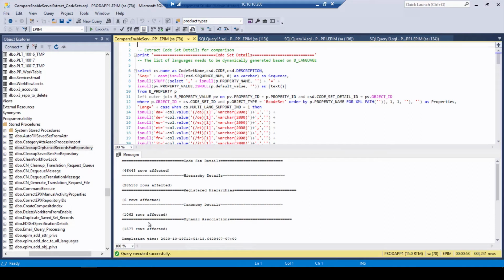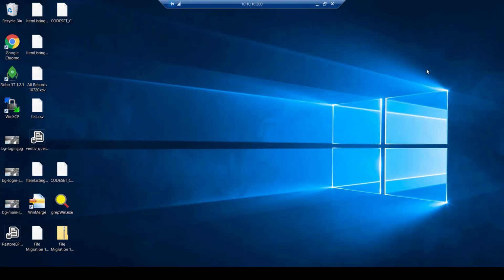Now that we've verified that our query has run successfully, we'll want to move that report file onto our local machine, which we can go grab here. Once we have our files on our local machine, then we'll jump into the WinMerge function. Back on our local machine, and once we've collected all of our compare extracts from both environments, we need to run them through an application such as WinMerge, which can quickly detect and display any discrepancies that will need to